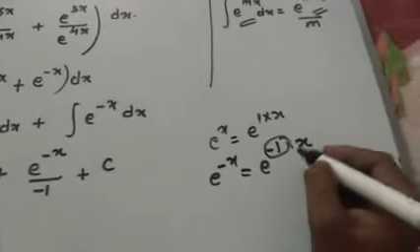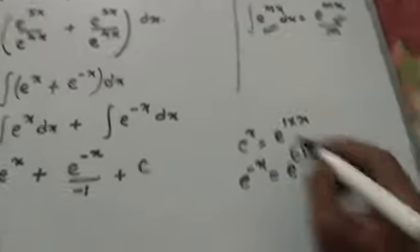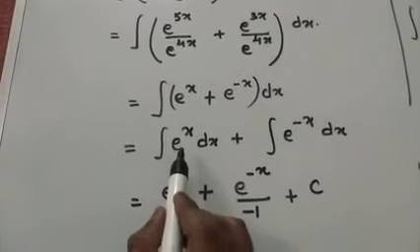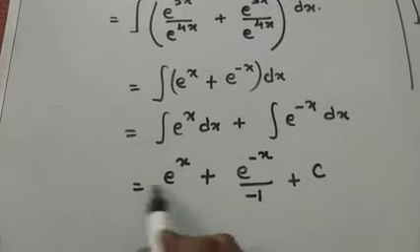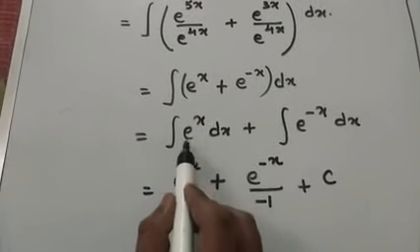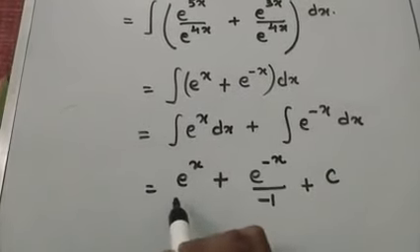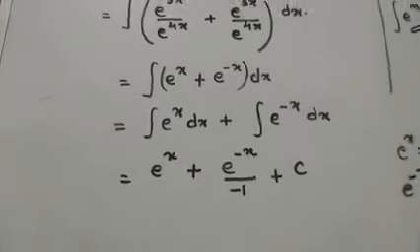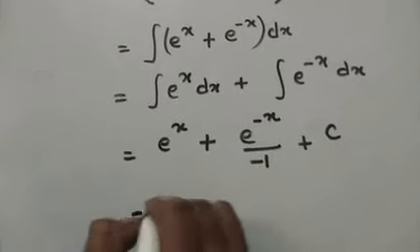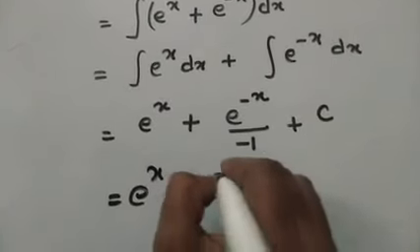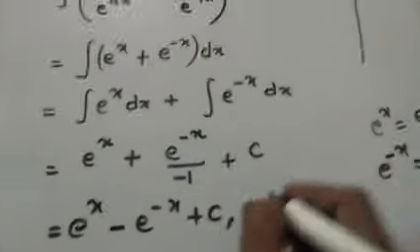So what was the m in this case? The m was minus 1. So just dividing by minus 1. Same for this one. Whatever the term is here, I am just writing that term here, dividing by m. So in this particular case, what was the m? M was 1, and dividing by 1 is the same thing. So finally your answer is x plus minus e to the power minus x plus c, where